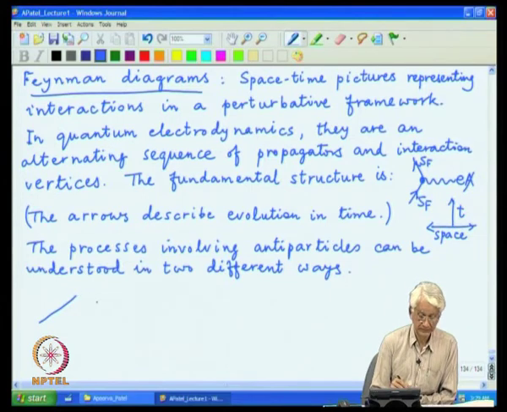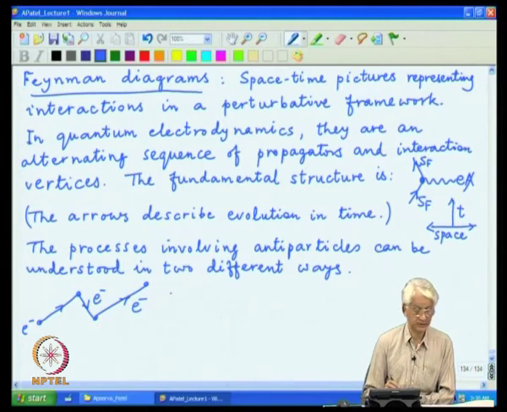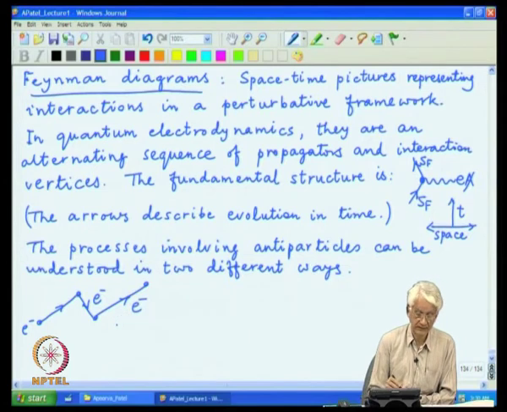I will just draw simple diagrams. One prescription of this interaction, suppose, has a diagram of this particular type, where an electron comes in, it scatters at one particular point, goes backward in time, in the sense that its energy now is negative after the scattering, and then it rescatters, and then it goes forward in time with certain positive energy. This description uses only electrons, but with two signs of energy,